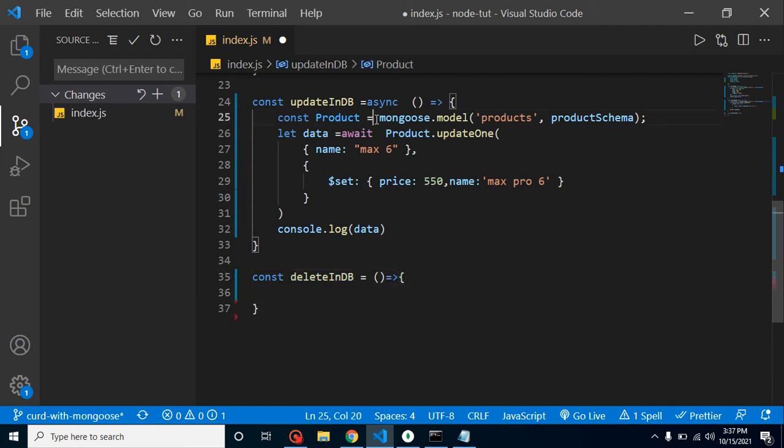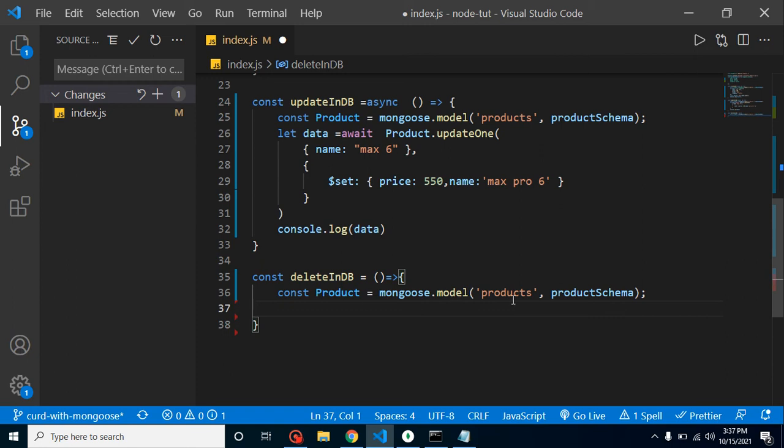Let's copy this model, and after that let's take data, product dot delete one, and after that we can provide the condition, and it will return a promise.